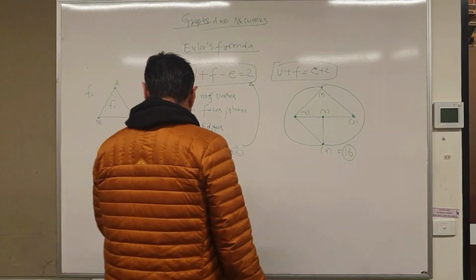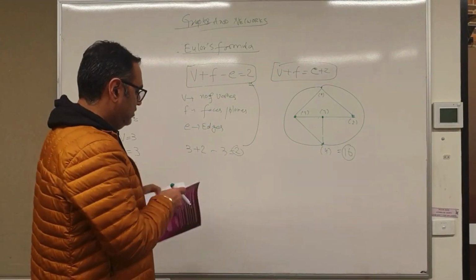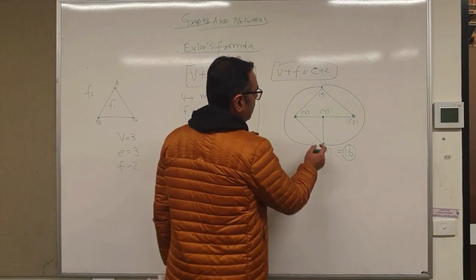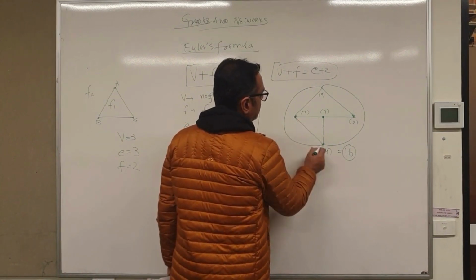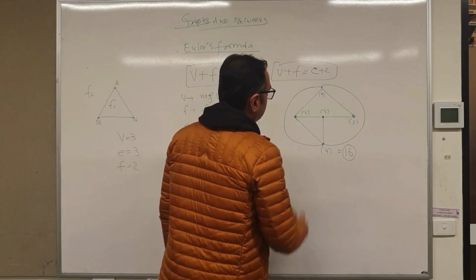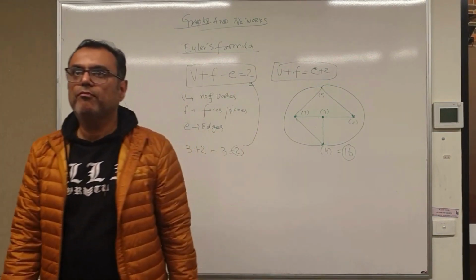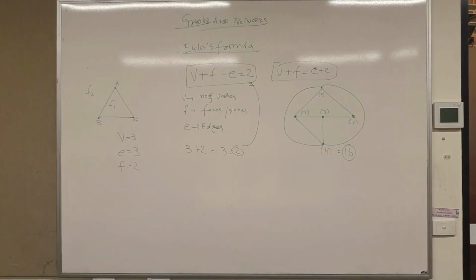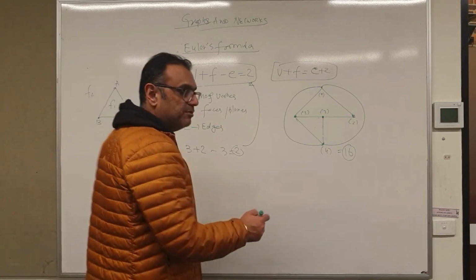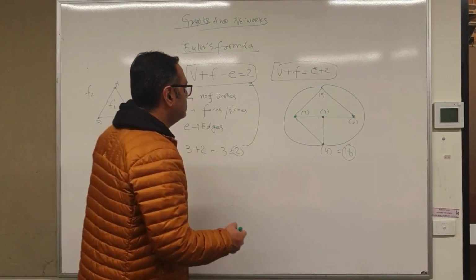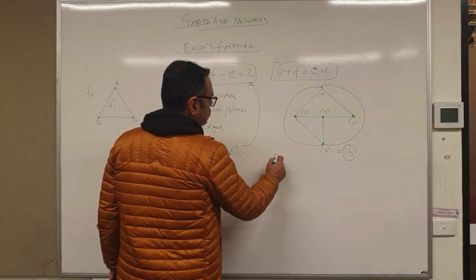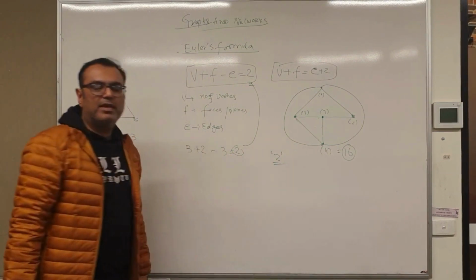And the last one says it's a complete graph. Do I have a connection from here to here? Can I go anywhere to anywhere? Can I go from here to here directly? No, false. So this is how you have to apply the very basics of graph theory, and this is where it will trick you and test your understanding. So there are only two statements which are true, and that comes to